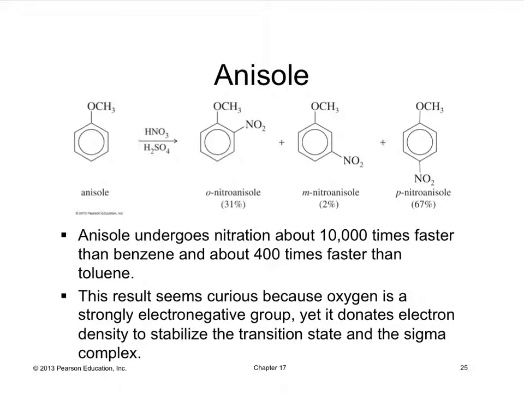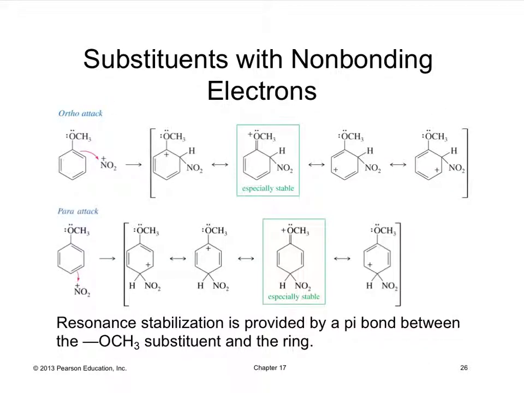And this results in ortho and para preference. The oxygen is strongly electronegative, but it donates electrons from the oxygen into the ring system, stabilizing the transition state and the sigma complex. So if we look at substituents with non-bonding electrons, such as this methoxy group, the first step is the nitration and ortho attack. In the subsequent steps, you can have your electrons from your oxygen come down to form this product